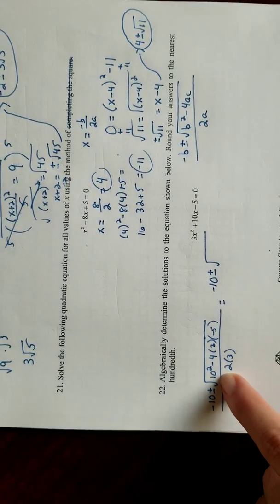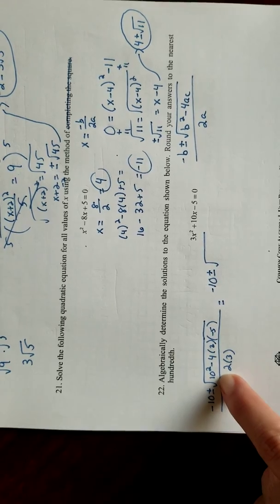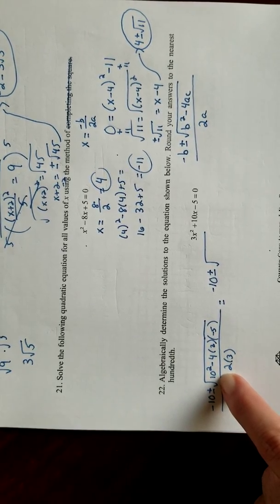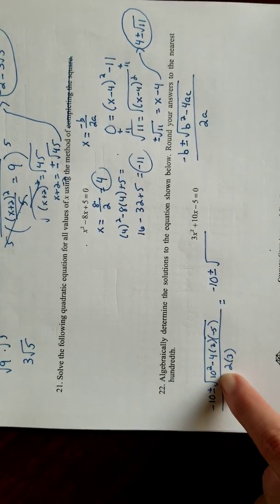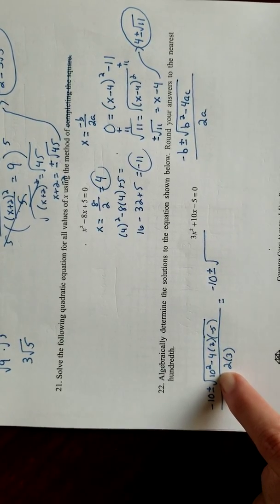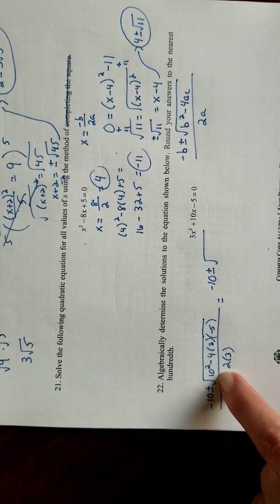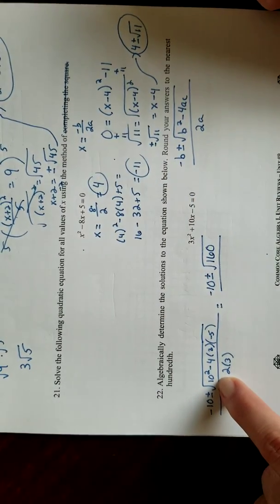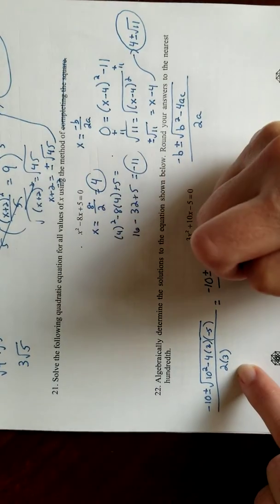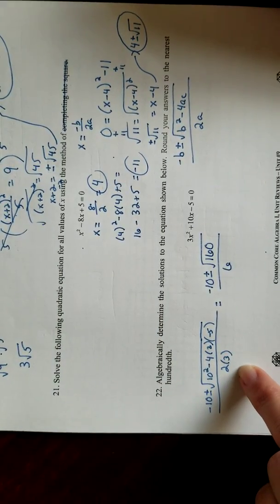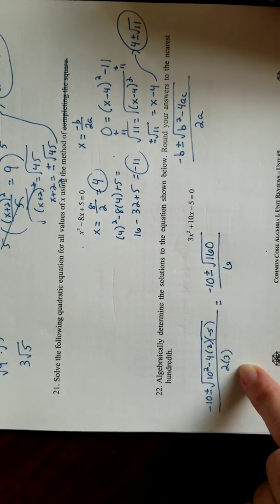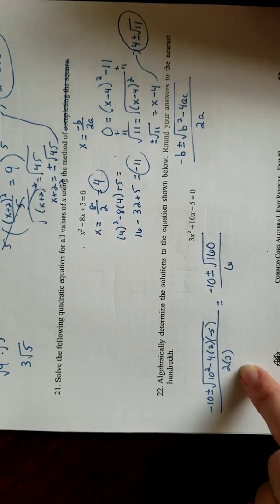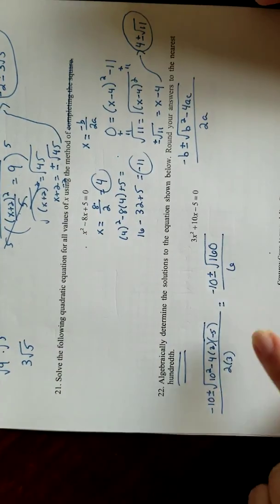10 squared is 100. 100, take away 4 times 3 times negative 5. And that gives me 160. That's positive, so since it's positive, that's going to give me 2 solutions. So we have to keep going to figure out what those 2 solutions are. 2 times 3 gives me 6. Now, since it says round to the nearest hundredth, I don't need to worry